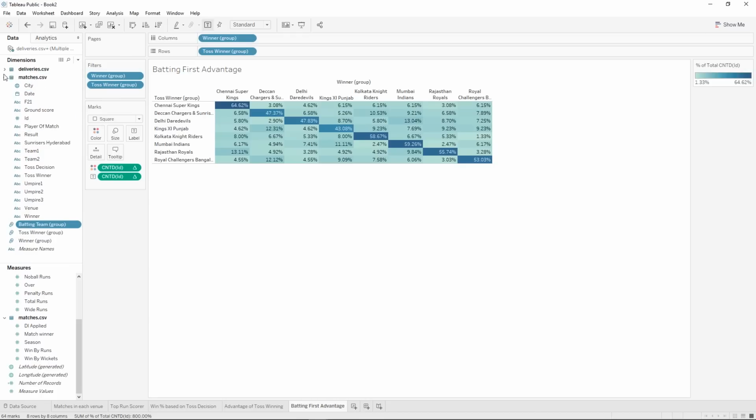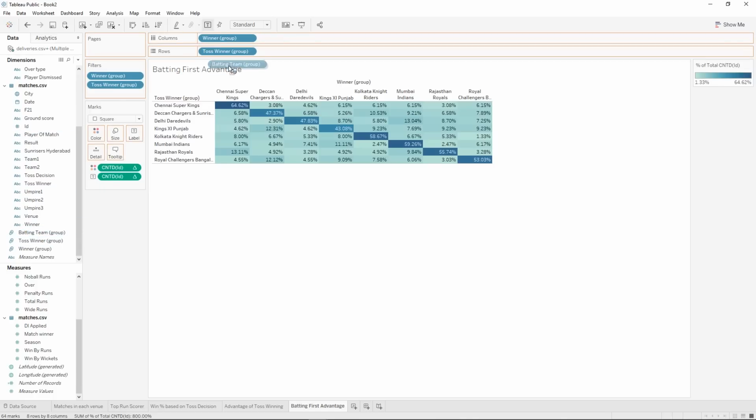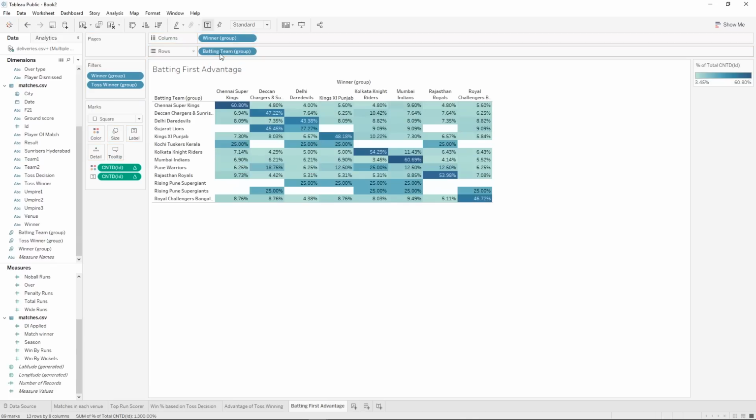That's because they put the calculated fields that we've been making outside of the folders. So if you're looking for a calculated field, you can scroll down to the very bottom. And let's drag batting group right over top of toss winner. And it will replace it right out of there. And we have our gaps again, because the toss winners that we excluded only applied to that toss winner, so